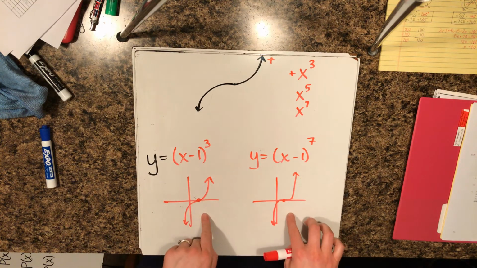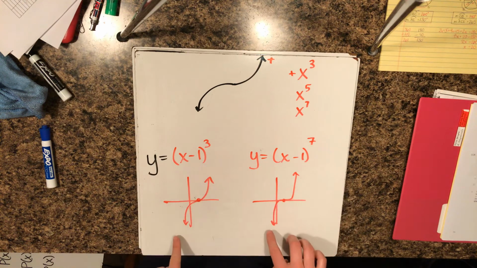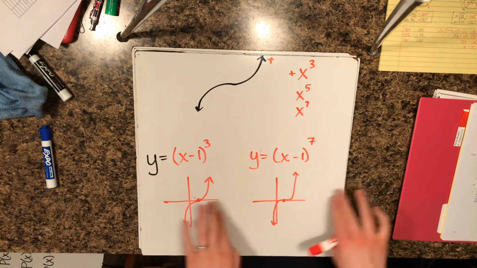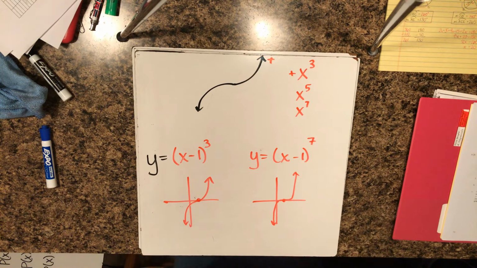They don't have the same ordered pairs, but their shapes are the same. Their behavior is the same. It's just that this one is a little bit flatter. Okay? So the next one I want to talk about really goes right in line with what we just said,